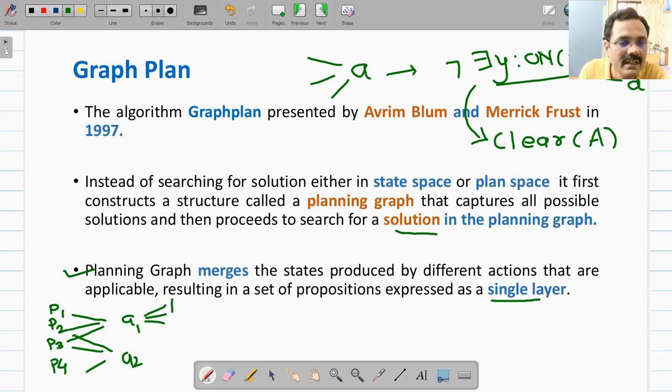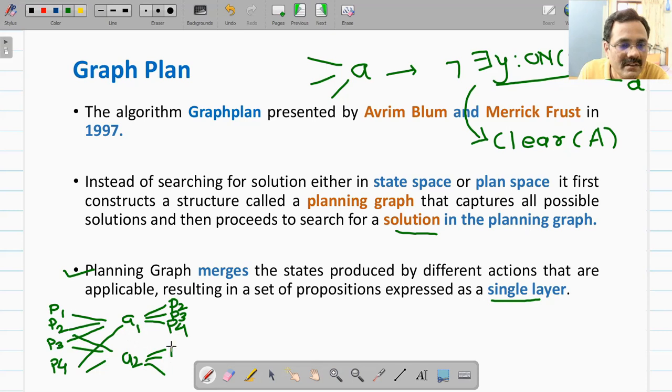For example, that may be P2, P3 or P4, and application of A2 results in another state.